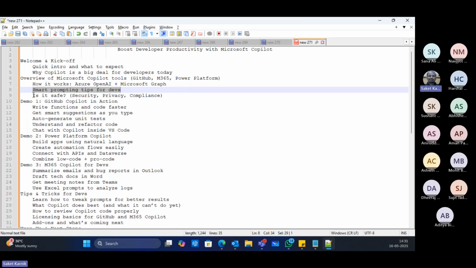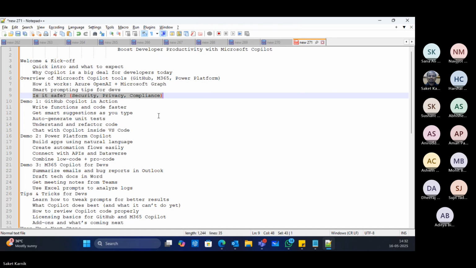And then another important question is, is it safe? Because when we say that we are taking the assistance from a third party tool for code generation, code review, creating the test cases and all that, obviously our code is going to be accessible to that third party tool, and the concerns are whether my code is going out of my organization scope and whether that code remains secure and private, or not, right? So that's an important question to be addressed.